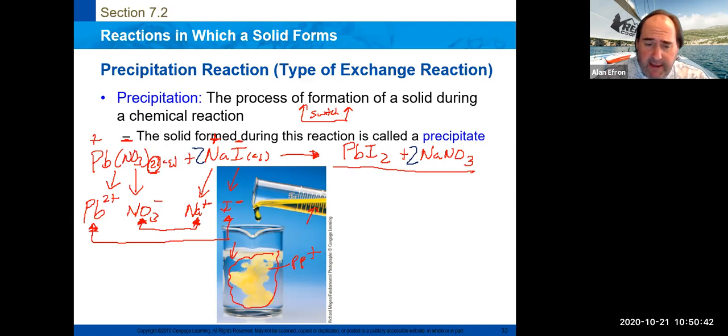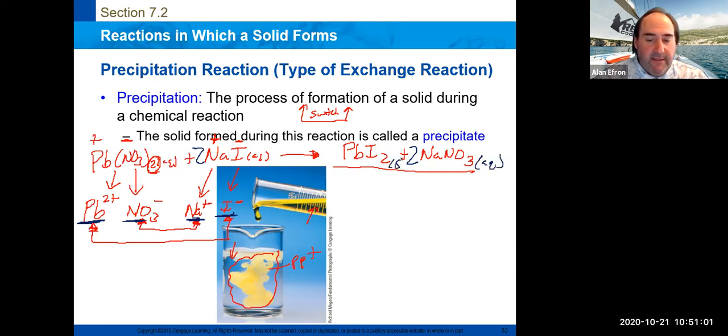Now, that is a basic double displacement. So you can basically see we switch partners. So the positive guy went to the other guy. This positive guy ended up with the other negative guy. And that is basically what happens in all double displacement reactions. Now, what happens on this side is